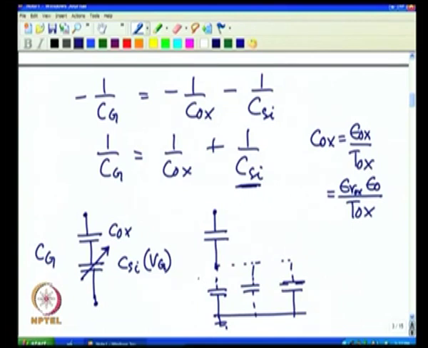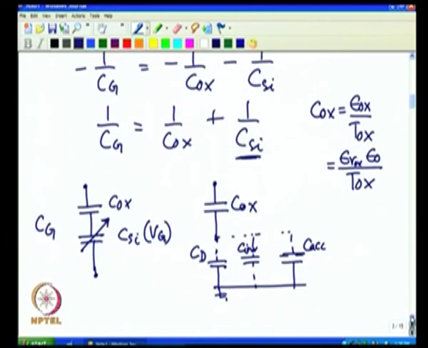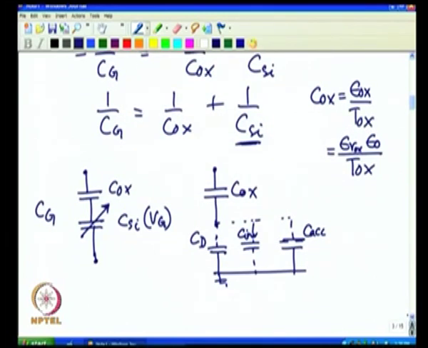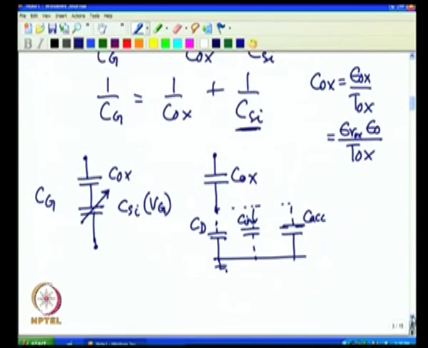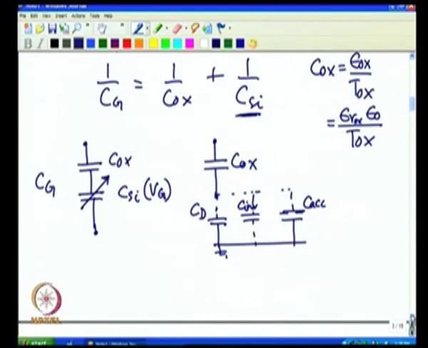Depending on if it is in depletion region, we call this a depletion capacitance. And if it is in inversion region, that capacitance will be different. If it is in accumulation region, that capacitance will also be different. And this of course remains constant. And more specifically, if you recall our discussion earlier,